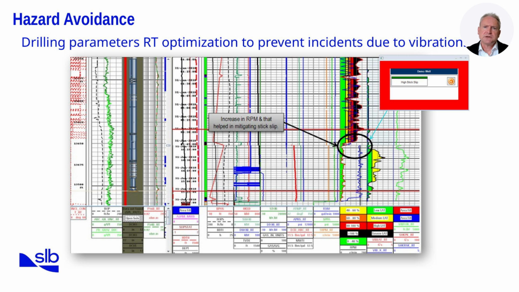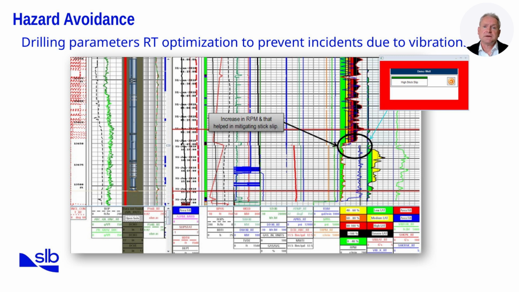Once severe vibrations develop, damage to tools, connections, and even the bit can occur within minutes. The key message is that continuous monitoring and adjustment, supported by real-time optimization software, protects both the equipment and the wellbore. With these safeguards in place, we can reduce costly downtime while extending tool life. Next is a video on OptiDrill, a solution that embodies these